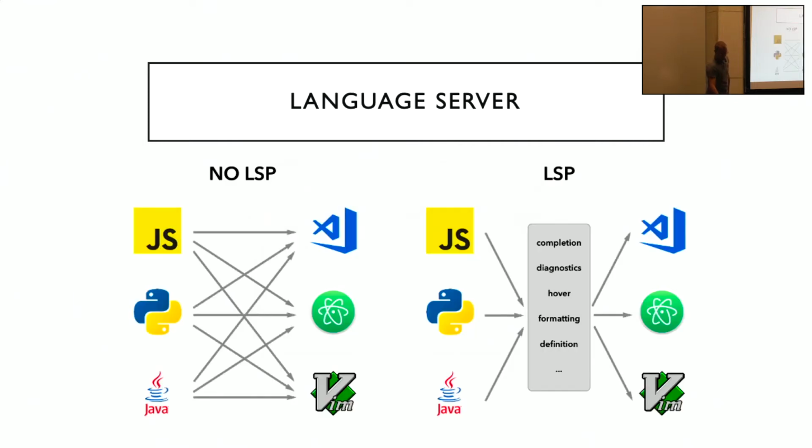That was a little digression about language support in VS Code and why it is possible to have so many languages in VS Code. The reason is that Microsoft introduced the language server. If you don't have a language server, it means that for any language, you have to write support for a given environment. If you have JavaScript, you have to write a plugin for VIM, for Atom, for Visual Studio, and you have to do the same for Python, and the same for Java. In this case, we need 9 different implementations in order to support 3 languages on 3 different IDEs.